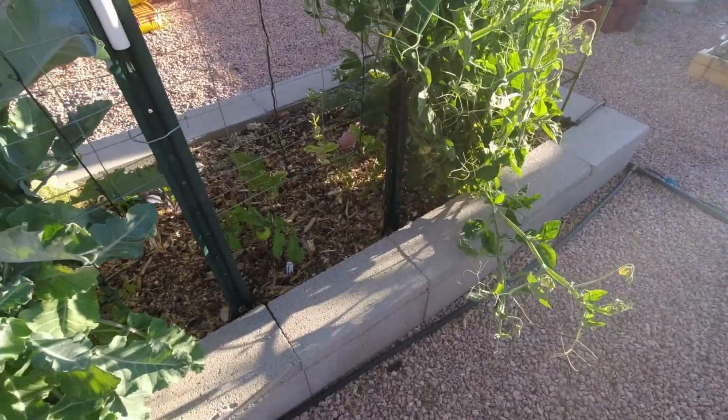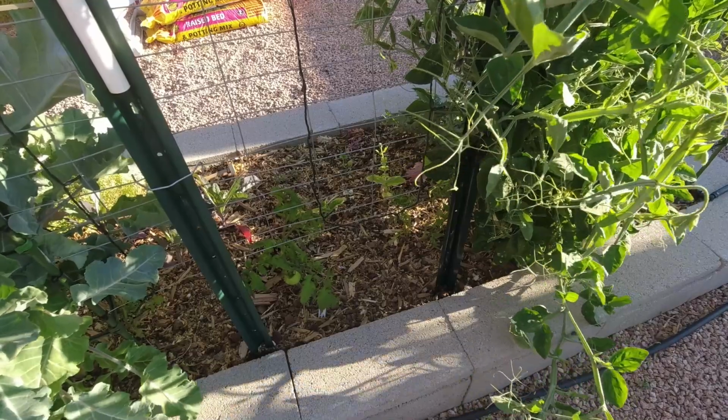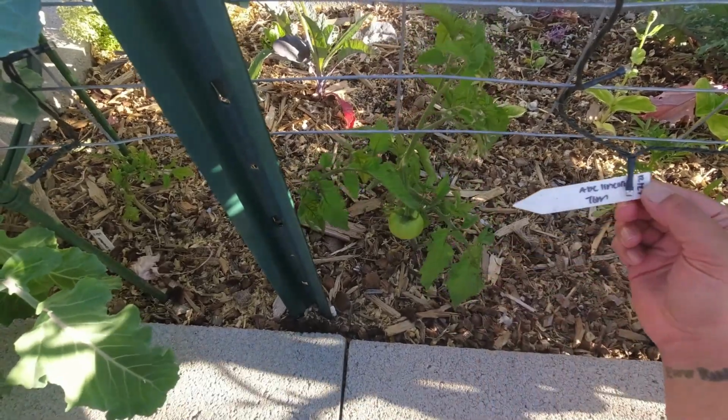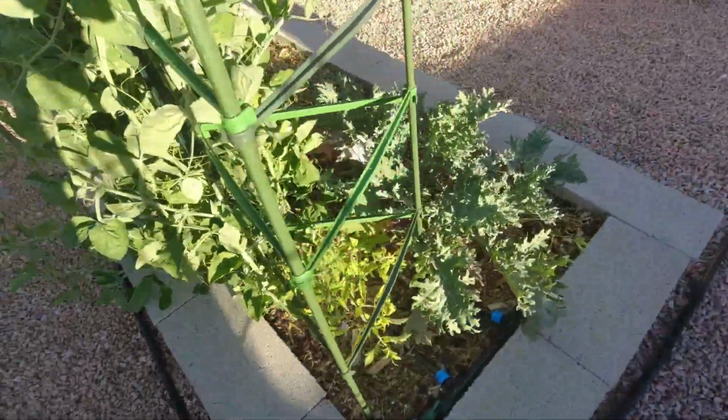And the same as the other side. Each arch trellis has 2 tomatoes, and then the tomato towers on the side have another tomato. And I'm noticing there's a tomato here. This should be an Abe Lincoln. If we swing around,